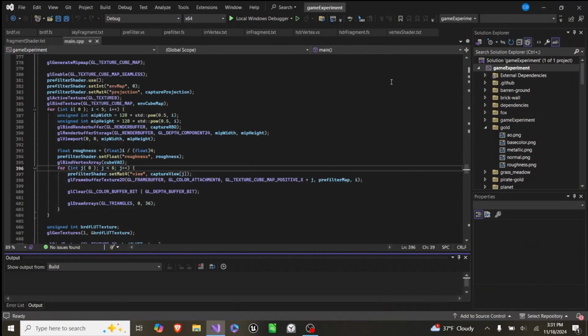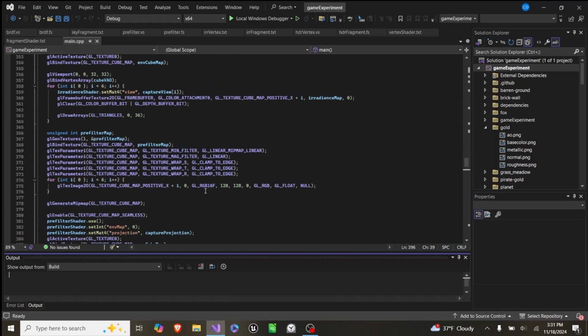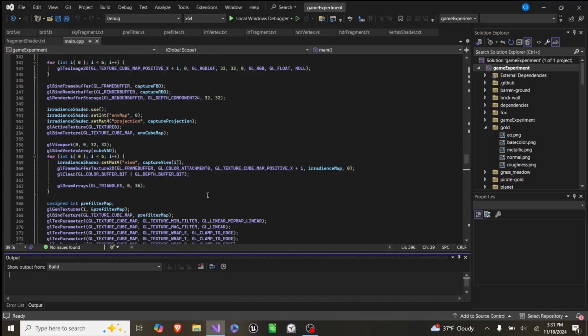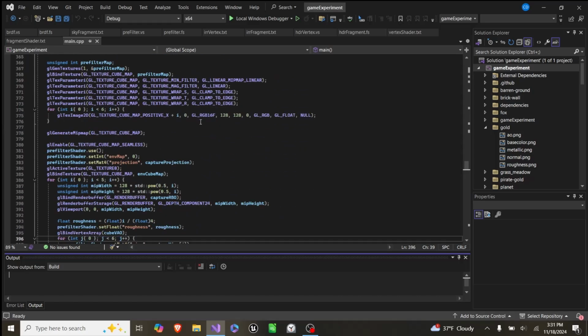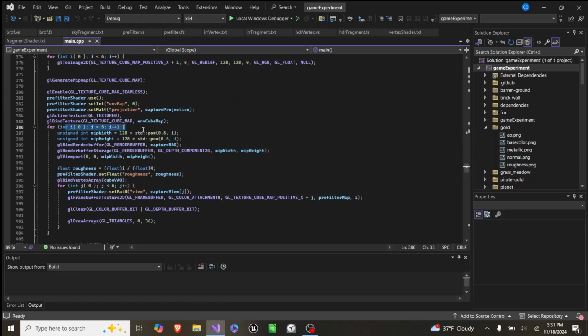Alright, so to explain how this works, I'll first show off how we set up the specular image-based reflections. So that's on the gold and the iron, how we actually get the background to reflect onto them. The first thing we do is render a pre-filter map, and what we do is for i from 0 to 5 we render 5 MIP levels, and then we draw them to our frame buffer's texture, and for each of these we